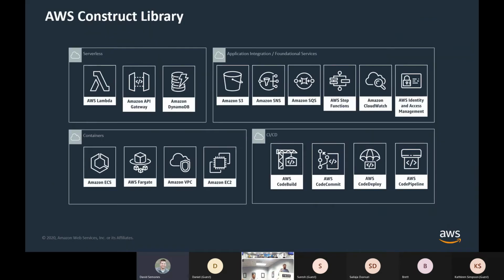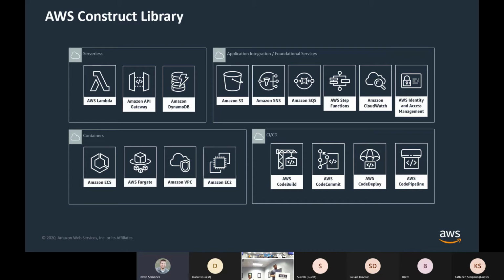So we'll go into these constructs. This is the thing I said was very small on my screen. Now it's bigger on my screen. So each service, so AWS Lambda, API Gateway, DynamoDB, there's a construct library for each service. So you can take a dependency, say, I want to use Lambda functions in my infrastructure, and pull in the library for Lambda functions. You say, I want to use Lambda, S3, and CodeBuild, and you can pull in those dependencies and build those resources.